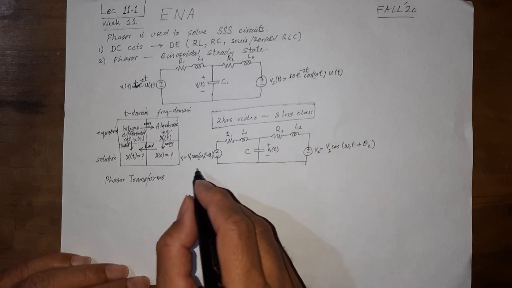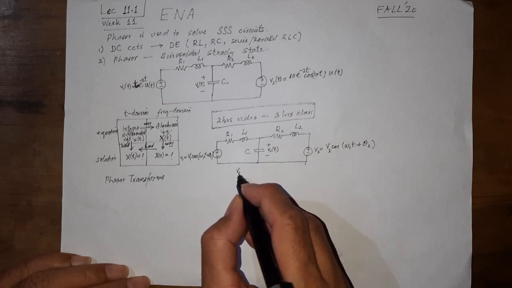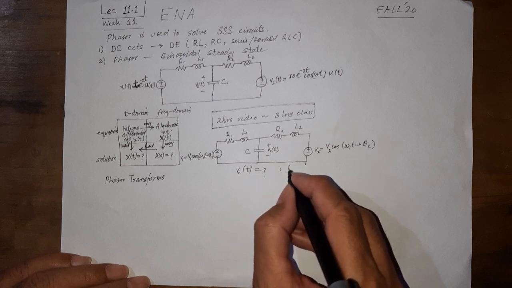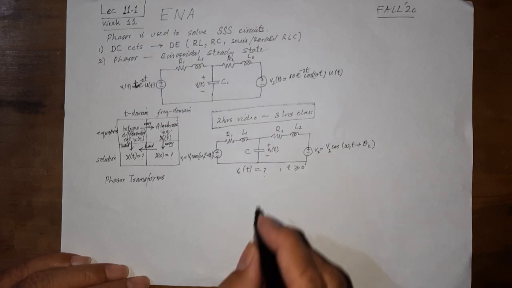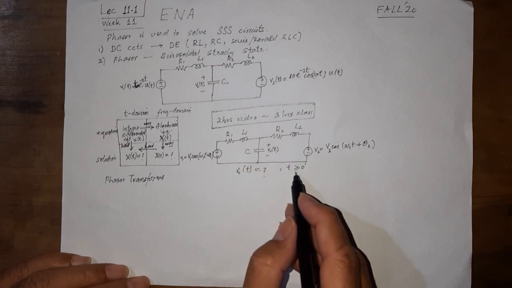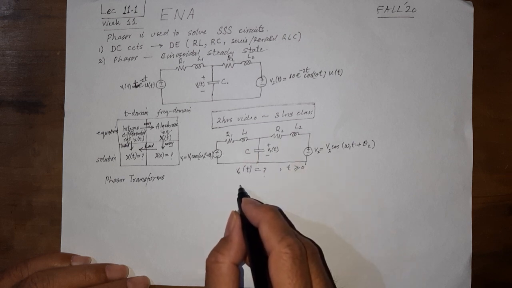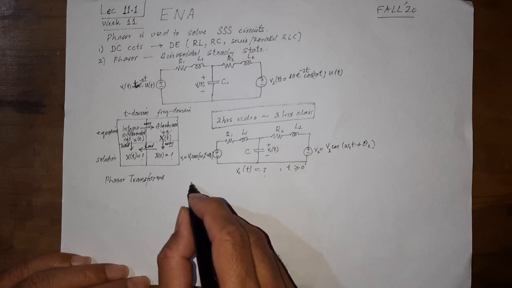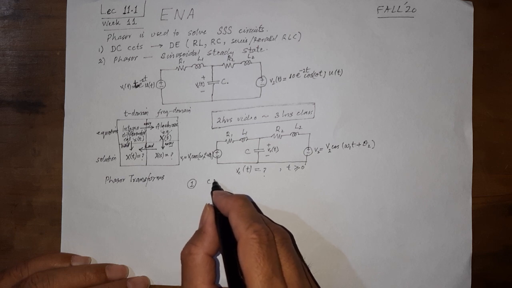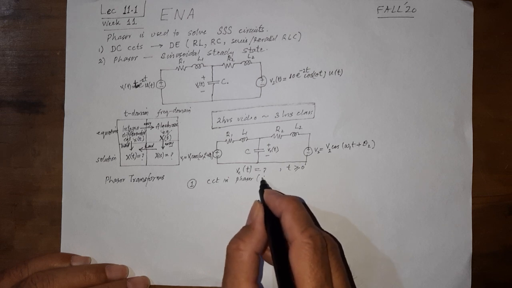So for example, in using the phasor, we were given this circuit and we are given with what is to be found. So we need to find an expression for this in the time domain, assuming that our interest in the circuit started at t is equal to 0, and we are interested how the circuit is going to behave after that. Then what we used to do, the first step was the conversion of the circuit in the phasor or the frequency domain.